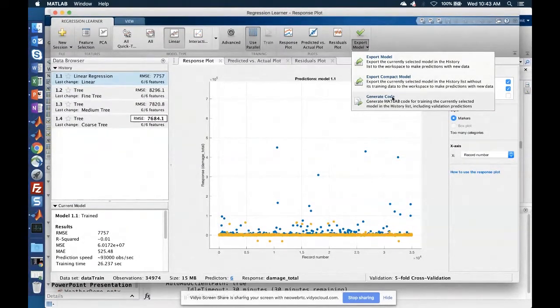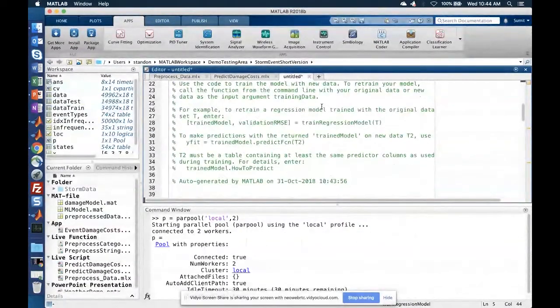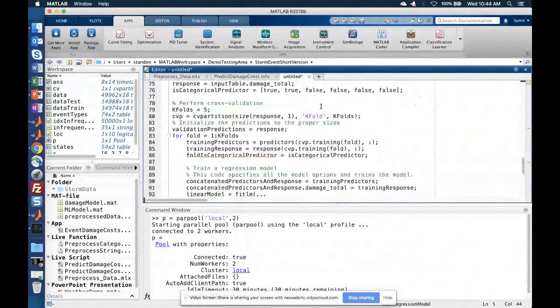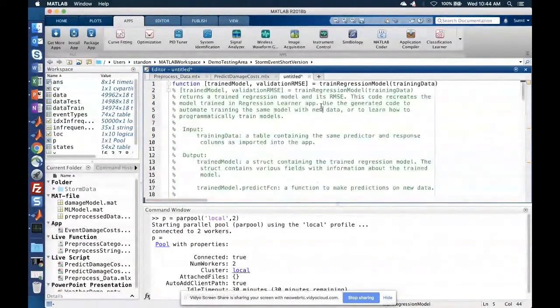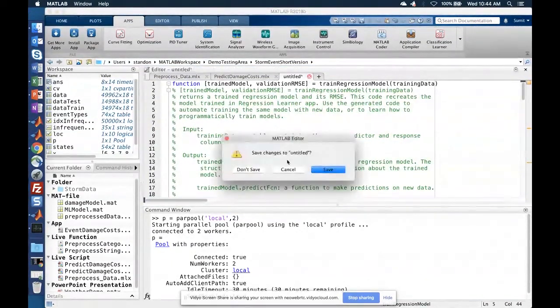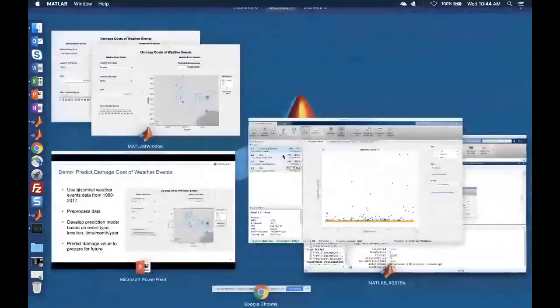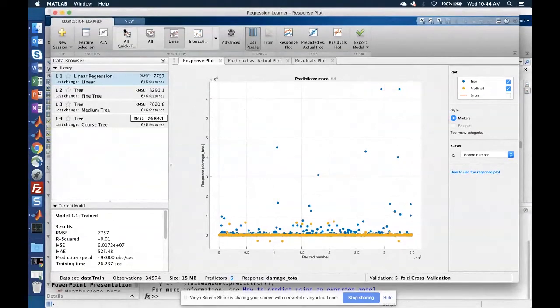If I generate code, I get a MATLAB script like this, which gives you full details of how this model was fit and all the selections you made. It is a good starting point for an analysis, because now, if you have the script, you can fine tune this to get a better model of your choice. I will get out of that one, and then if I go back and click on export compact model, that will put the model as an object in the MATLAB workspace, so that I can use it right away for prediction purposes.